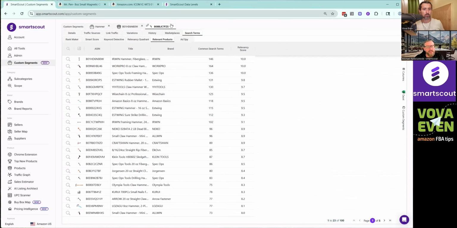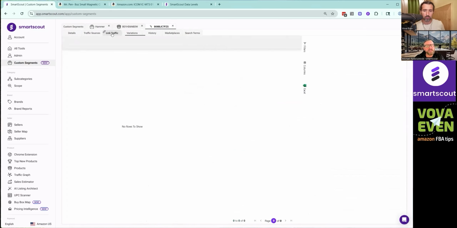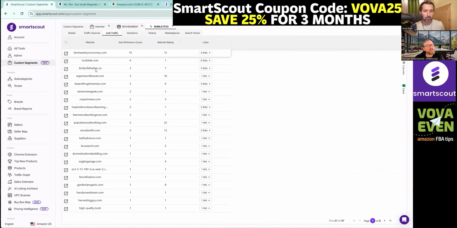So one cool thing that we recently added is called link traffic. And what this does, I don't know, great, this is actually a great example. So this hammer,